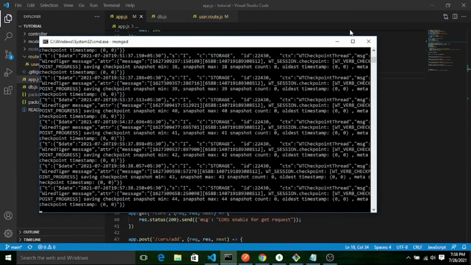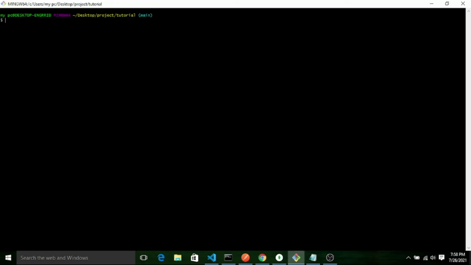Here for the port you can write a default, the same 8000 I am taking. Now I will write npm start, let's see what's happening.